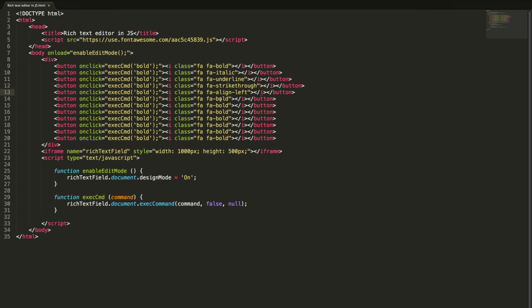Align left, align center, align right, align justify, and I'm giving a cut and copy option here. You can arrange it the way you want. Now indent, dedent,